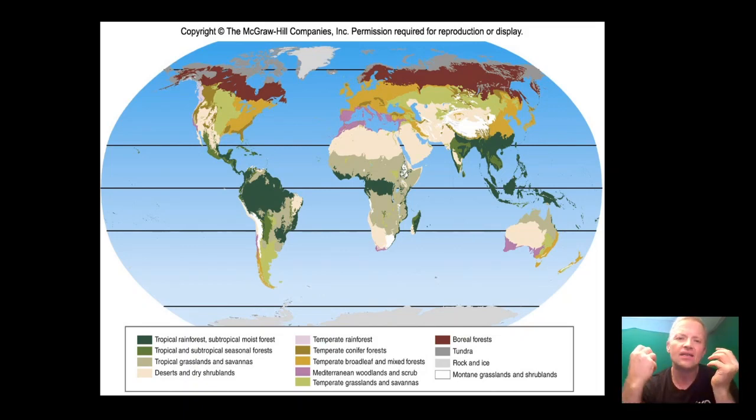But just know that there are many more biomes, and it's key to understand, and I think I will talk on this later, that a biome doesn't just stop. We're looking at this map, right? Dark green is tropical rainforest. It's not like as soon as you go into the next color, it stops being that. That's not how the real world works. Obviously, there's a lot of area between that gradually changes from one to the next. And sometimes those areas are given certain names. So do know that there are many different types of biomes out there, but we're going to talk about the main big ones. And do know they don't abruptly stop, right? Rainforest doesn't stop, then desert begins. It's not like that in the natural world.